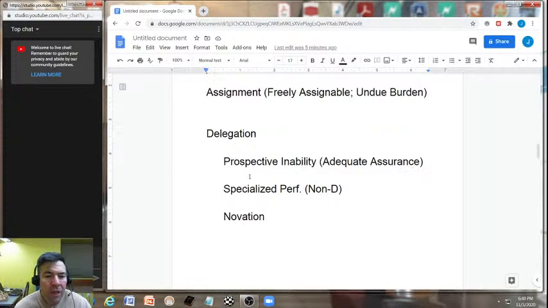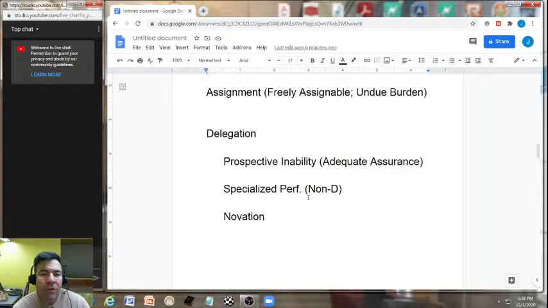Now we also see in delegation the type of performance. If we're dealing with a specialized performance by education, skill, or training, those are generally not delegable. And that's why we need to take note of that in our paper. Non-delegable duties include those specialized performances that have education, skill, or training involved in them. And you'll see those oftentimes with, like, world-renowned, quote unquote,